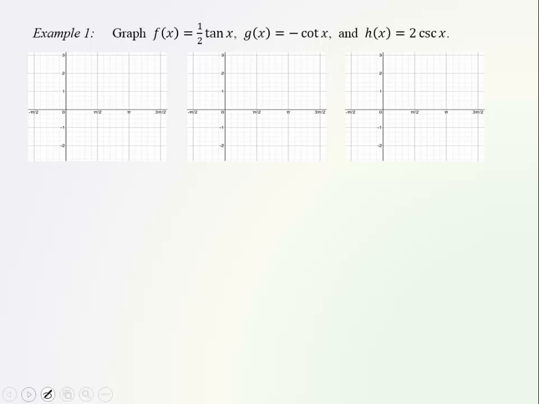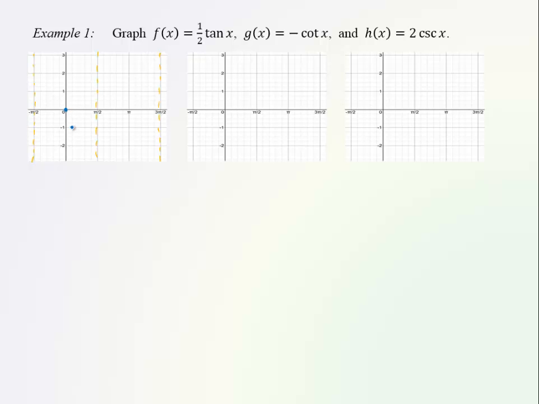So now that we know the basic shapes of tangent, cotangent, secant, and cosecant, let's try to graph functions like 1/2 tangent, negative cotangent, 2 cosecant by using basic graph transformations. To graph the first one, since we are multiplying the function of tangent by 1/2, then the regular tangent, the basic shape that had asymptotes at negative pi half and pi half, on this piece of graph we can actually fit 2 periods. This basic graph will be dilated by a factor of 1/2 in the vertical direction, which means